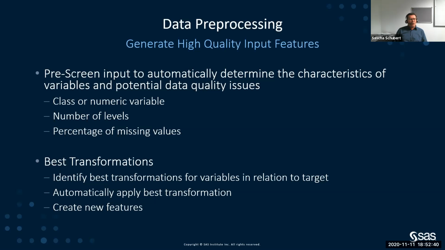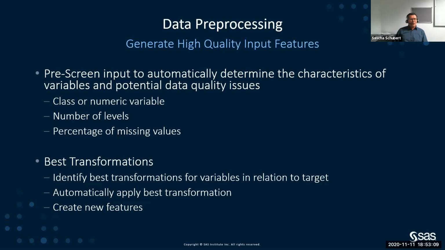And there's lots of things you can do with class and numeric variables. Look at missing values, look at the number of levels, and identify first of all what should be done with those variables. Should they be used as a class or a numeric variable based on the number of levels? What happens if I have too many missing values in my variable? If I have more than 60% missing values, should I still use that variable, or should I apply an intelligent algorithm to replace the missing values? Should I just use the non-missing values?